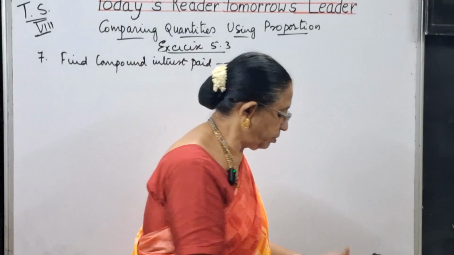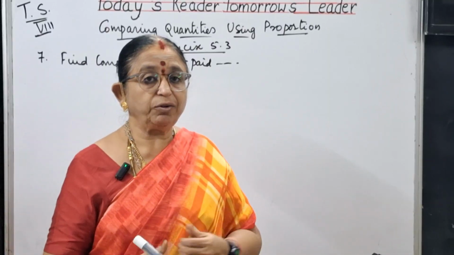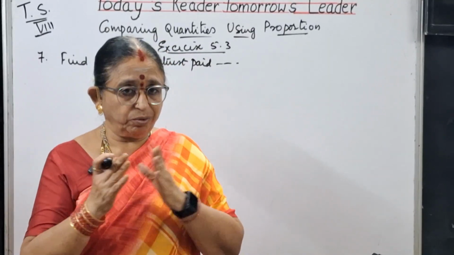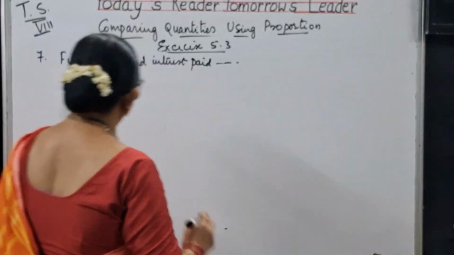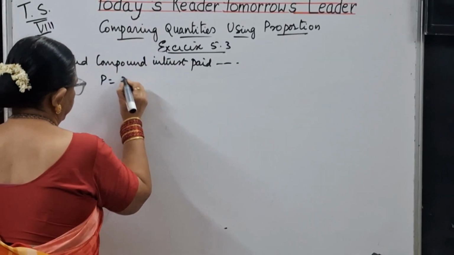So let me read the problem. Find compound interest paid when a sum of 10,000 is invested for 1 year 3 months at 8.5% per annum compounded annually. So it's a compound interest, but even then you have 1 year 3 months, so you have to separate it and use the simple interest formula only. So here principal is rupees